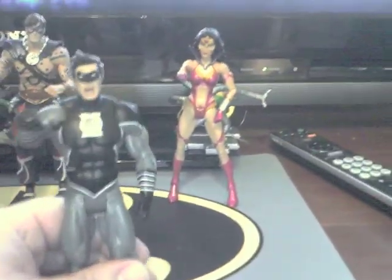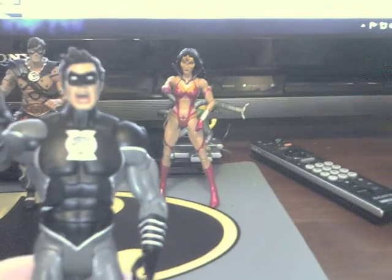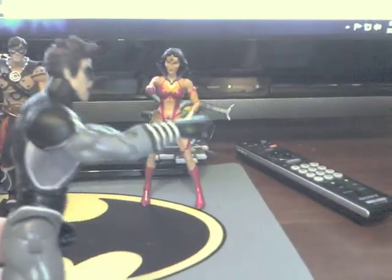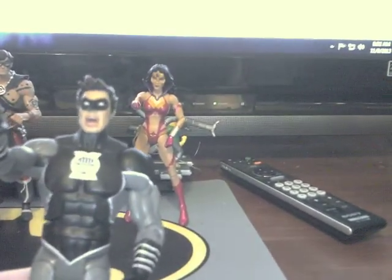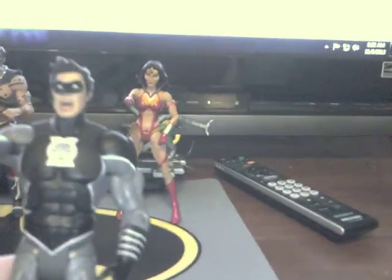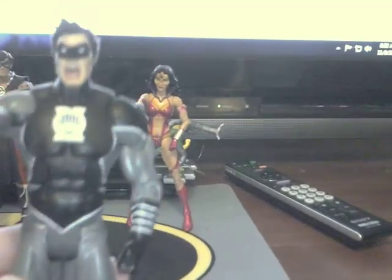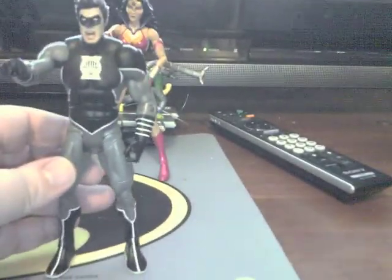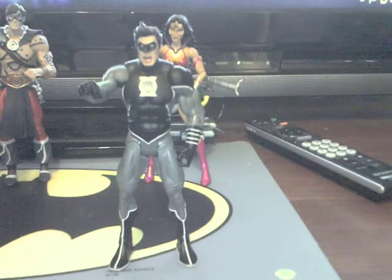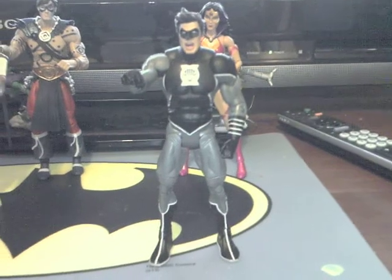So I picked up the Black Lantern version of Hal Jordan. Very cool sculpt. He's got the open mouth screaming. I really like the way they did the costume. They, of course, went with a more standard-looking Hal Jordan instead of the zombified like we saw with the Hawks. And even more so than the Superman and Wonder Woman, he's actually got a flesh tone to him. The paint job on him is amazing. Again, he's got that kind of odd leg thing going on. I don't know if that was with all of them, all the DCUC. My Superman one that I have open from DCUC doesn't do that, but very, very cool figure, and I seem